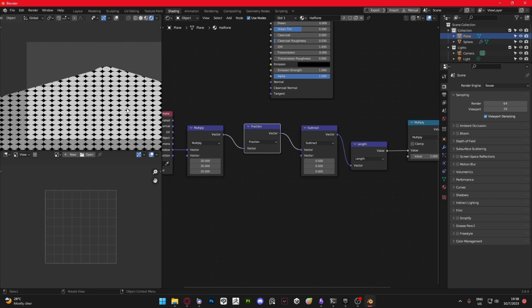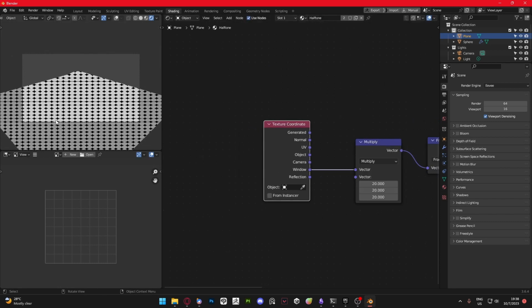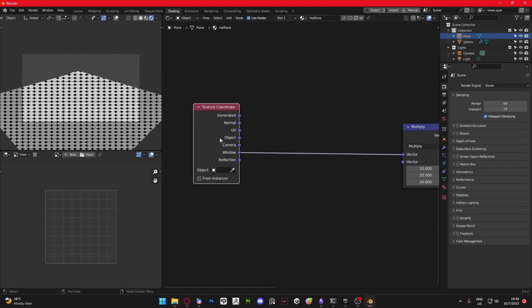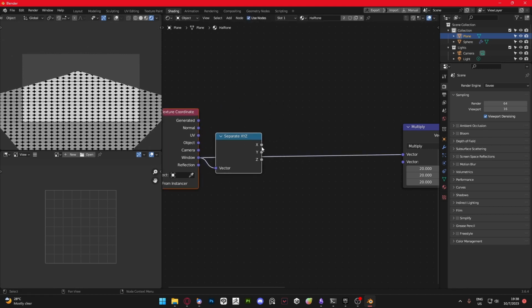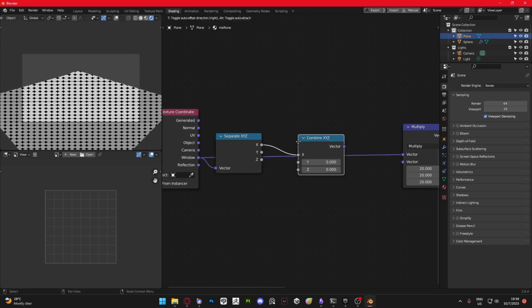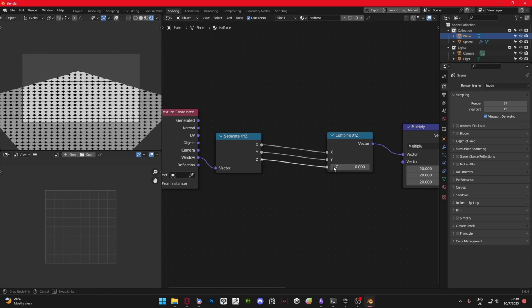There's still one problem, which is, as you can see, the spheres are not exactly spherical, they're squished. The problem occurs because our resolution is not square. We have a rectangular resolution. To fix this, we're just gonna multiply our axis with the aspect ratio. Let's just get a separate XYZ node, combine XYZ node, plug all of these in,